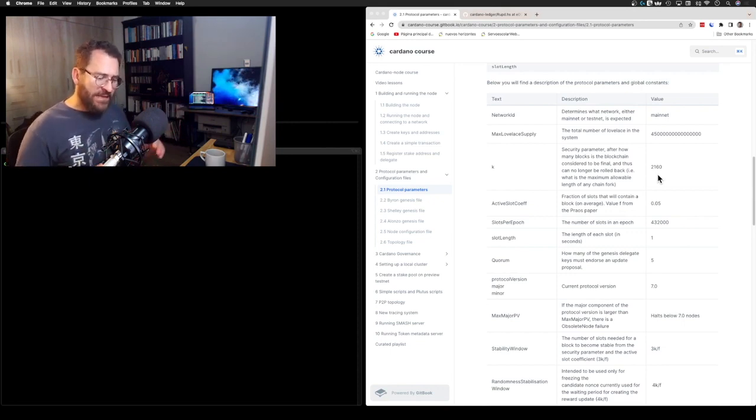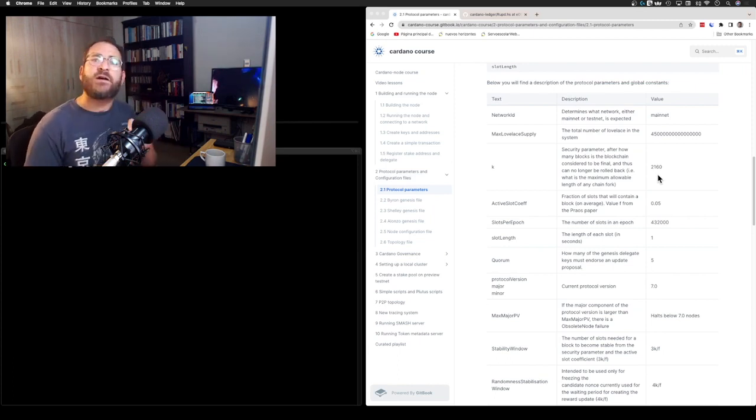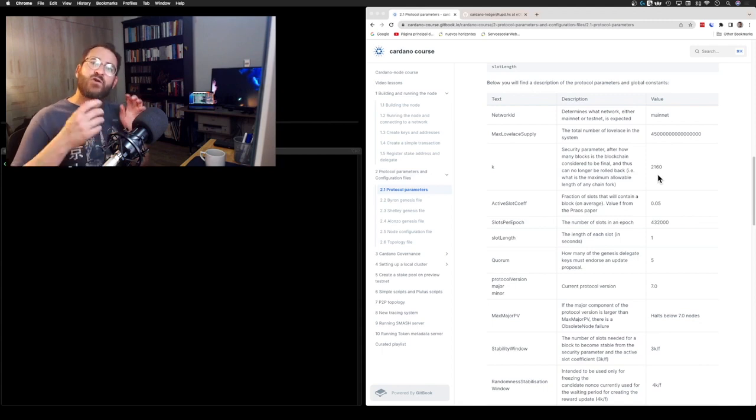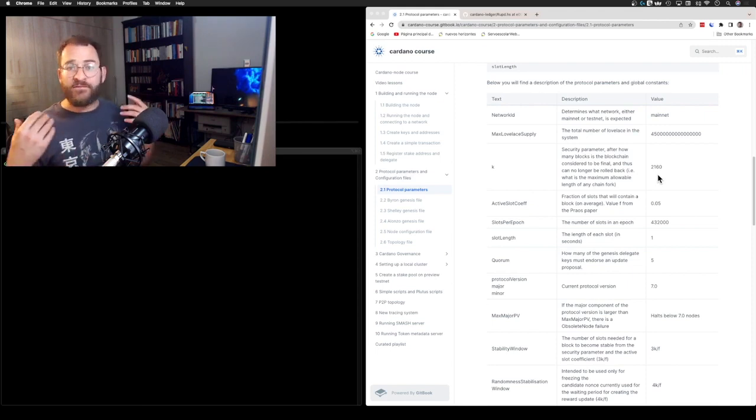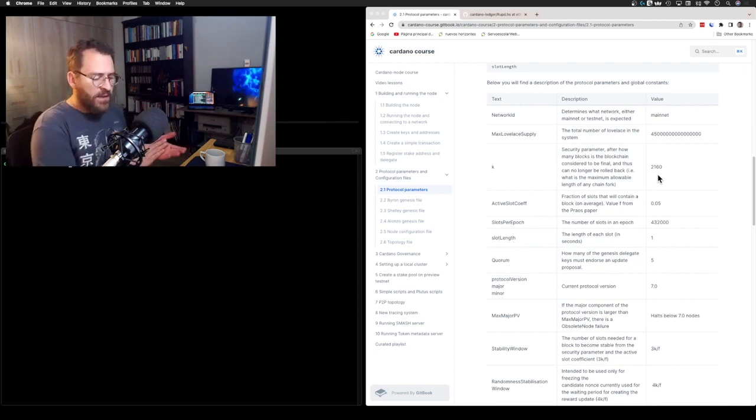That means that if we want to have the same number of blocks per epoch, then we have to change the strategy. Just a fraction of the slots must have a block in it, so that at the end of the epoch we end up with more or less the same number of blocks. And the magic number here is 5%, because if epochs last the same, which is 5 days,